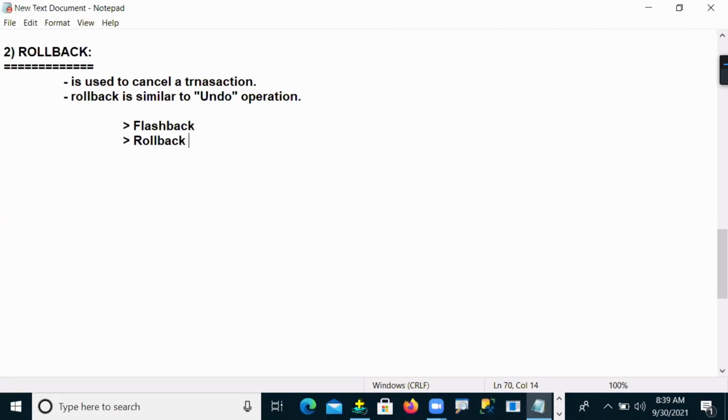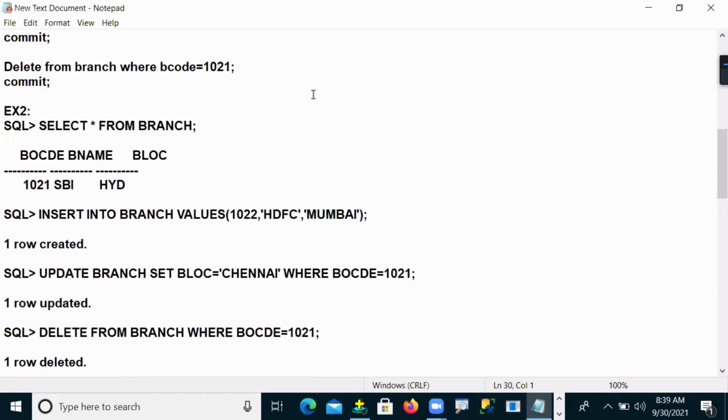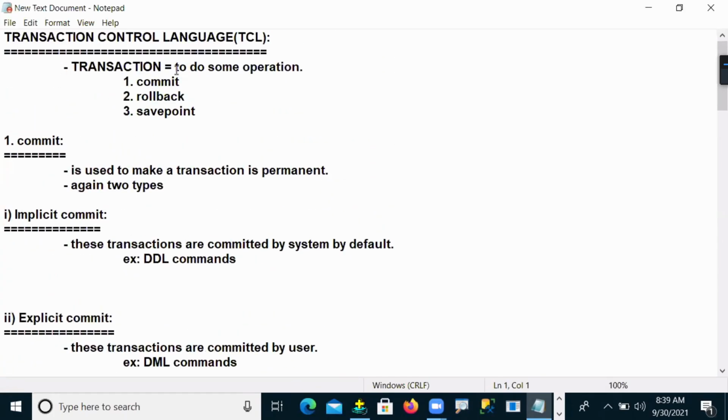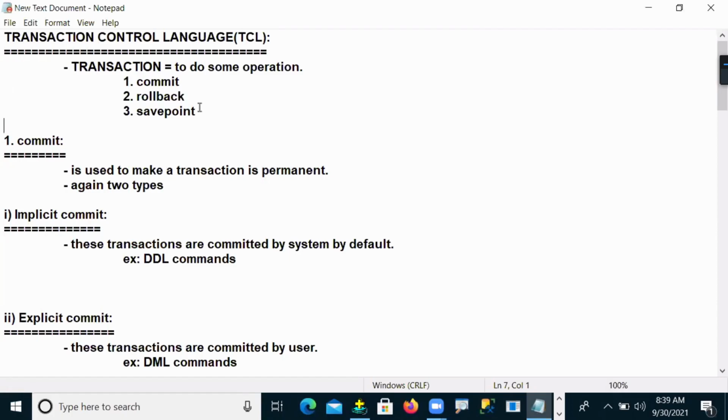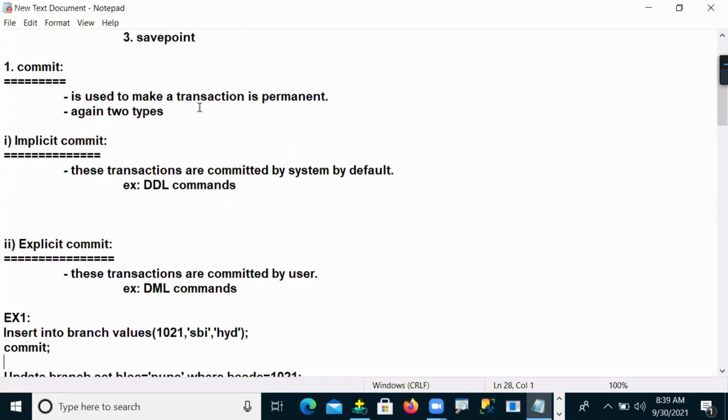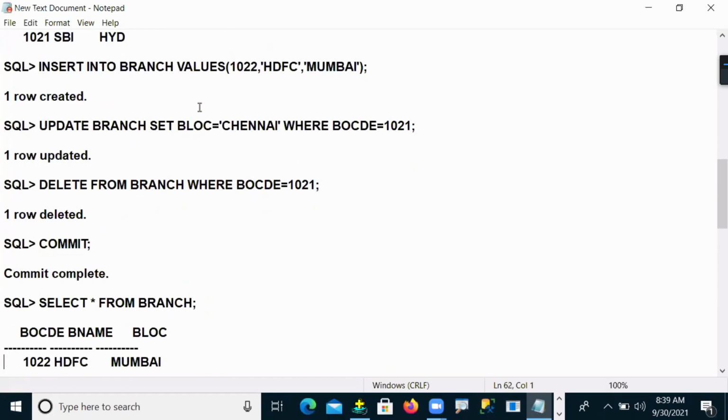But not. If both were the same, both would come under TCL commands. But flashback is not a TCL command, because we said TCL commands are only 3 transaction commands: commit, rollback, savepoint. So flashback is different, rollback is different.